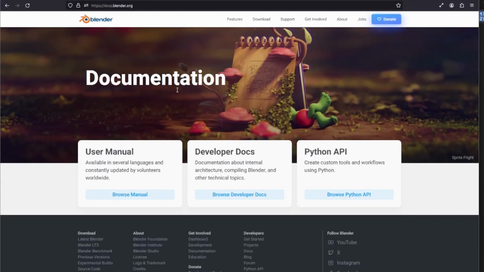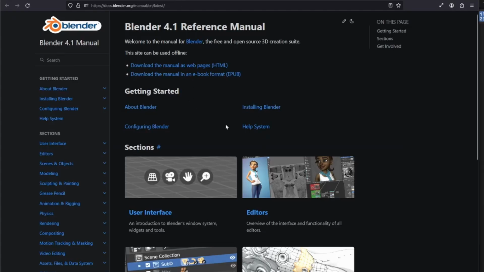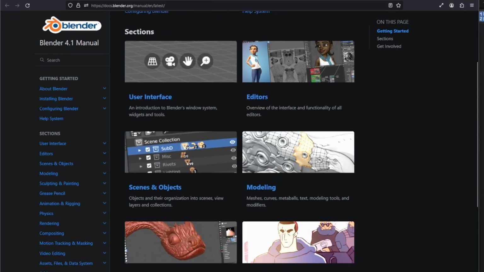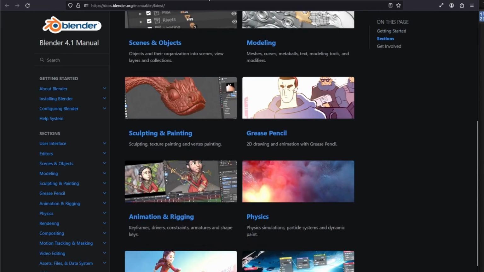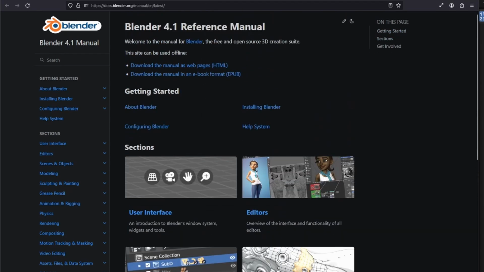If you go here, there's a few quick shortcuts. There's the user manual, which is more of non-developer documentation. So let me just pop that up. If you want to understand in general how things like grease pencil works, or the rendering or compositing, understanding the actual settings, this is a great resource. I use this all the time when I'm answering questions for other people because it's an easy place to get